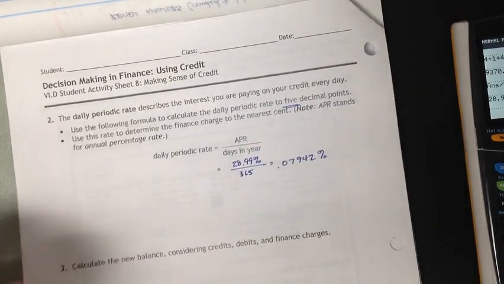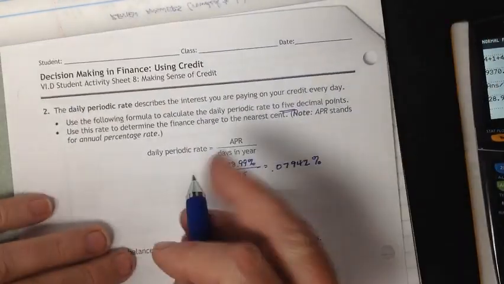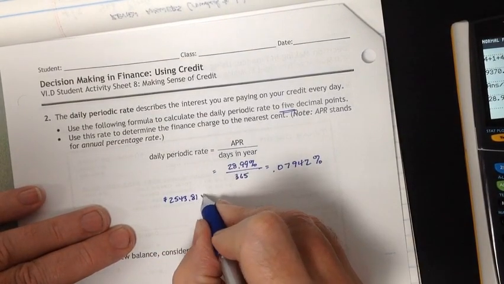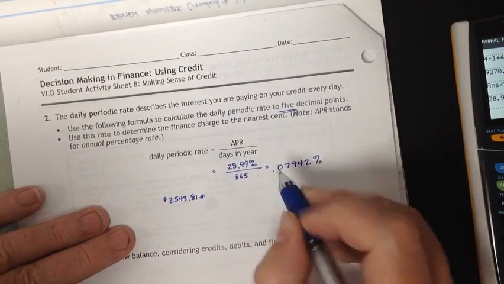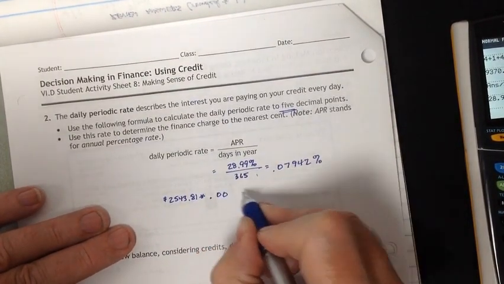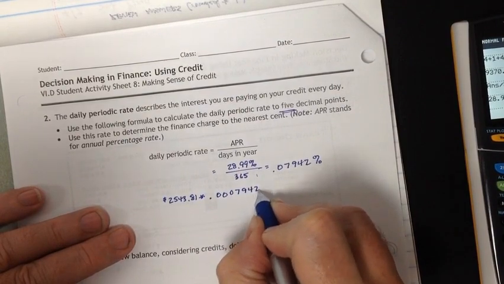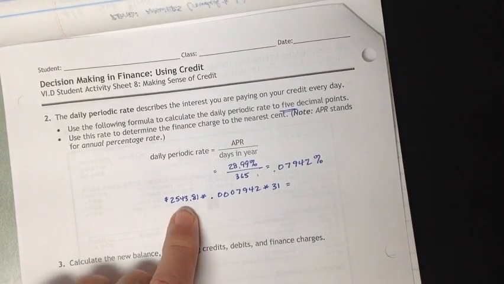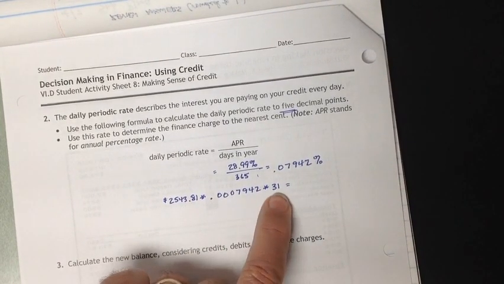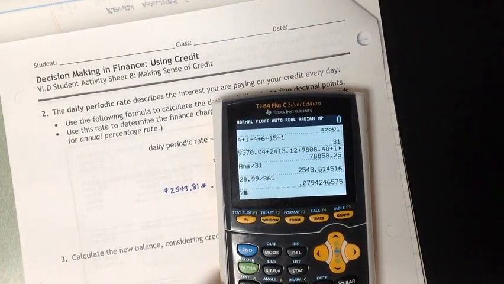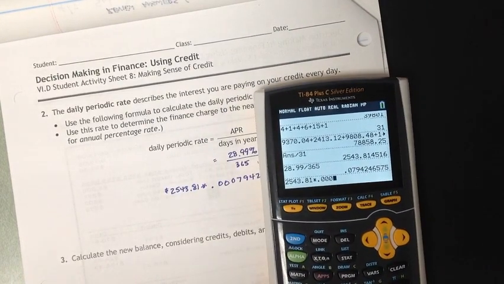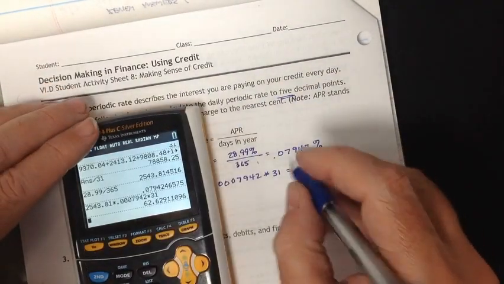My average daily balance was $2543.81. This was the average daily balance. I'm going to multiply this times, I'm going to change this to a percent by moving my decimal point 2 times. So 0.0007942, and this was for 31 days. All right, the average daily balance times the daily rate for 31 days. 2543.81 times 0.0007942 times 31 days, and it's